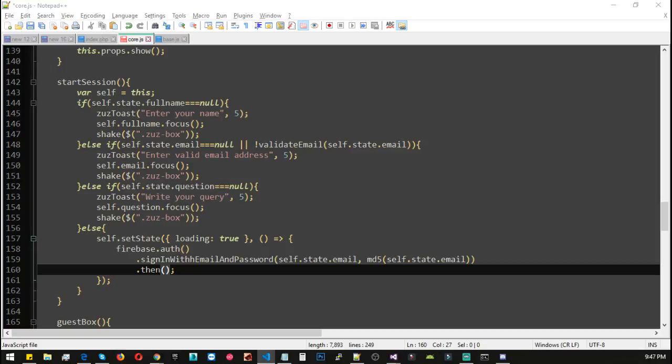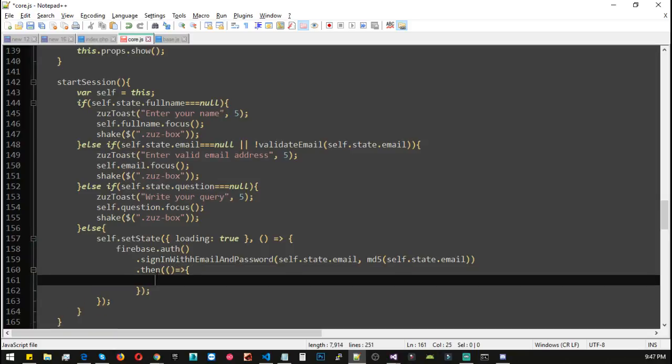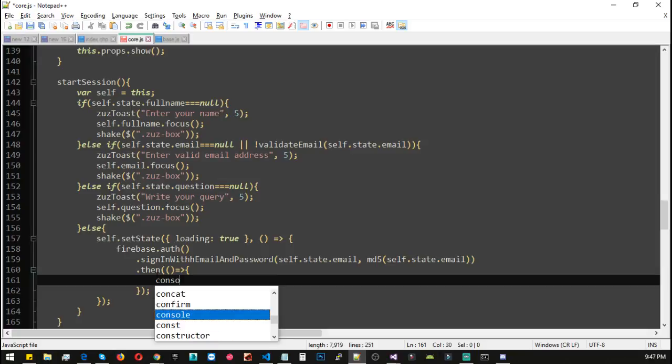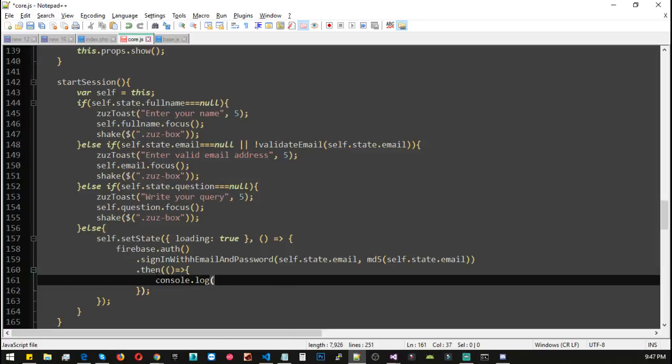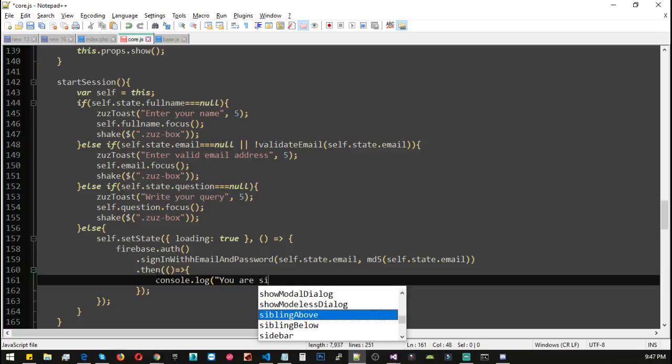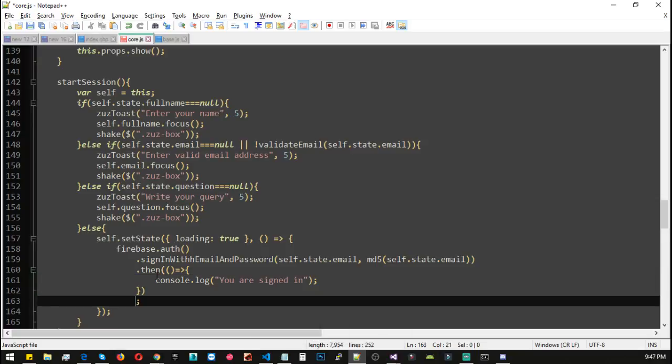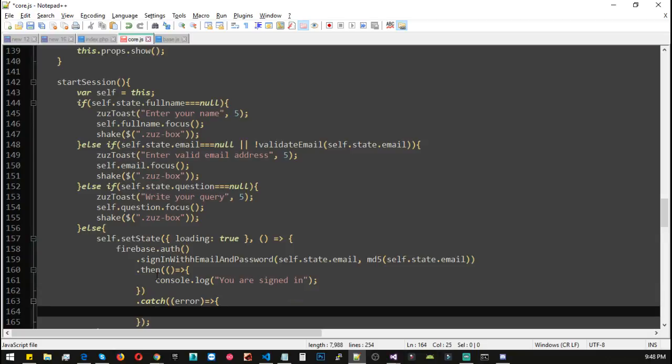So let me call then, and let's create an anonymous function, and inside let's create a console.log, and let's log: you are signing in. And we need to call the catch, and the catch is triggered whenever there is an error, and we need to call error,